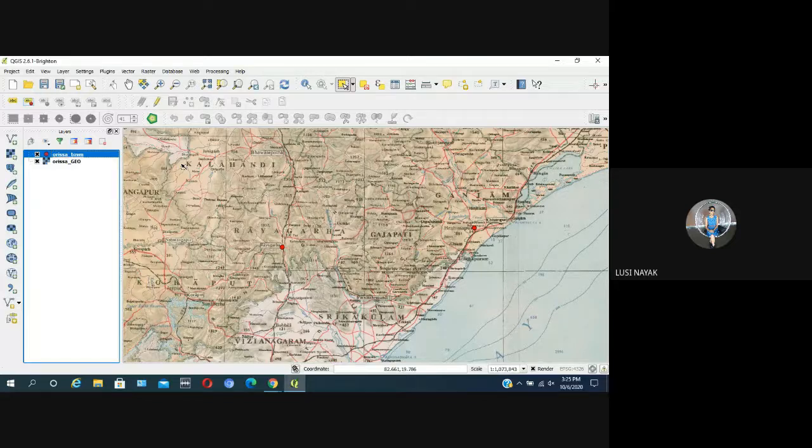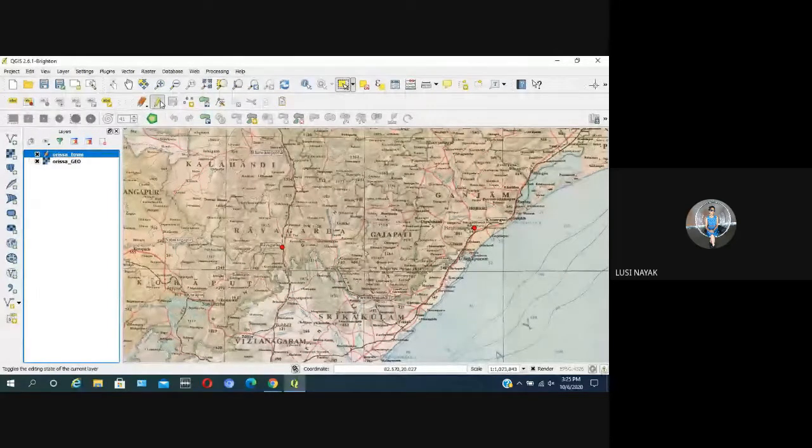Look at the buttons. Now they are gray. If toggle editing is not on, they will be inactive, in gray scale. Once you switch on the toggle editing, the buttons become active.